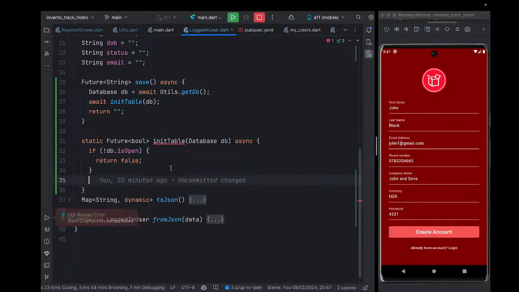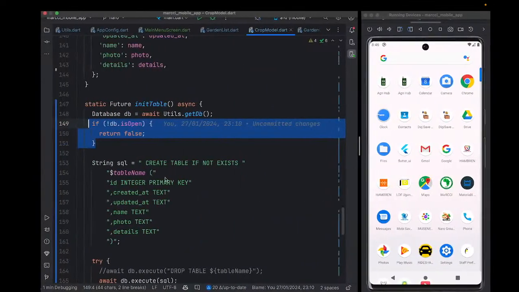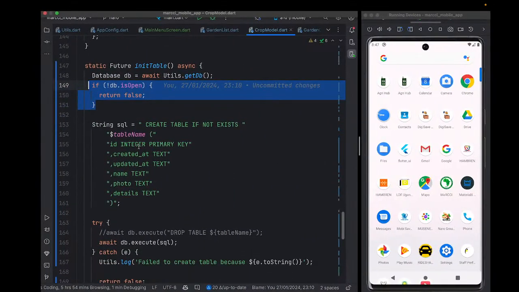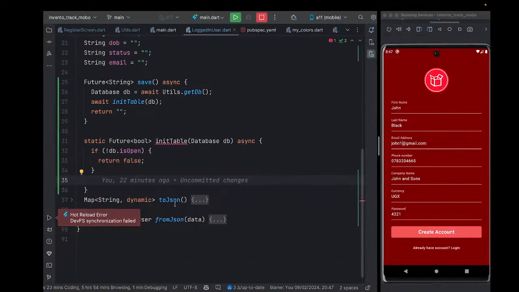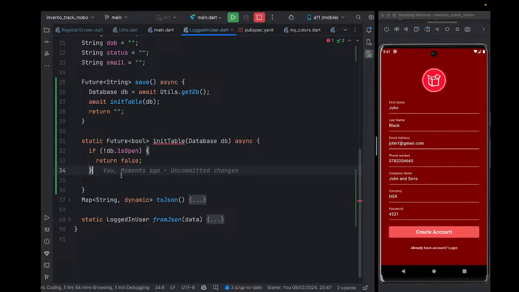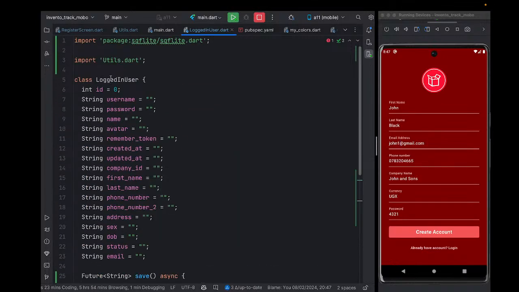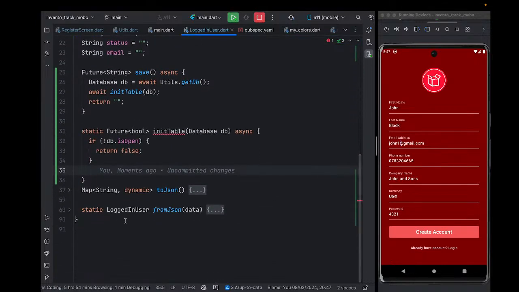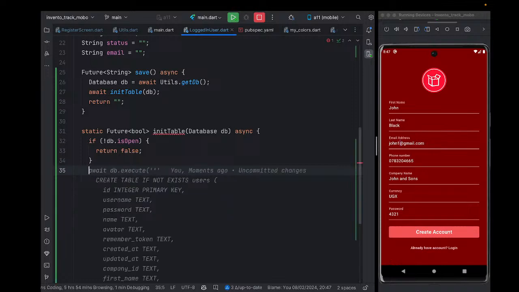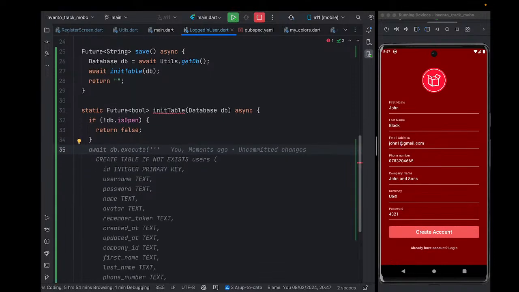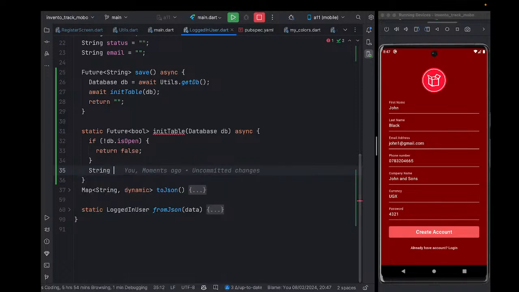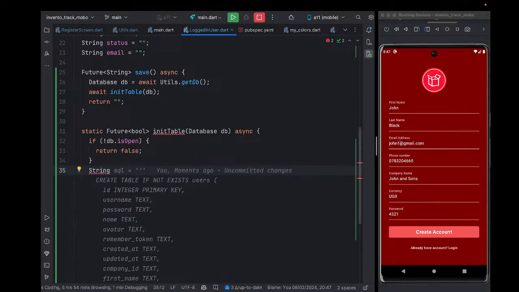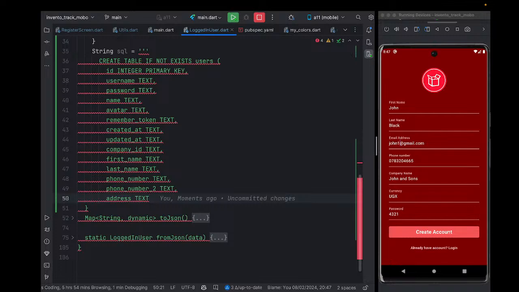creating the table. After doing that, the next thing we're going to do is create an SQL that will initialize the table. The main purpose of this is to initialize the table that shall be saving the logged in user. So all right, now let's go ahead and create an SQL. The SQL is going to be a string of SQL, which is going to be